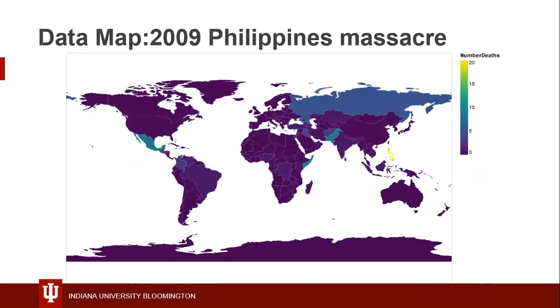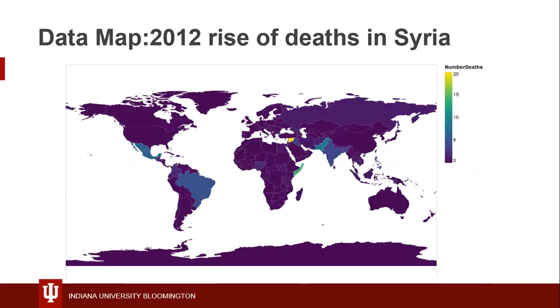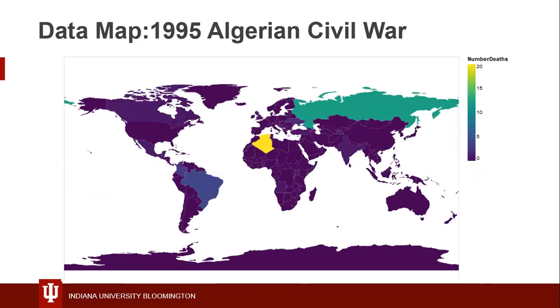So we can see that when we plot such a map for each year, in 2009, Philippines has the highest number of deaths. And on further investigation, we found out that this is because of the Philippines massacre of 2009. Similarly, in 2012, we can see a high number of deaths in Syria. This is because of the Syrian crisis. Finally, in 1995, Algeria has the highest number of deaths due to the Algerian civil war and the changing political